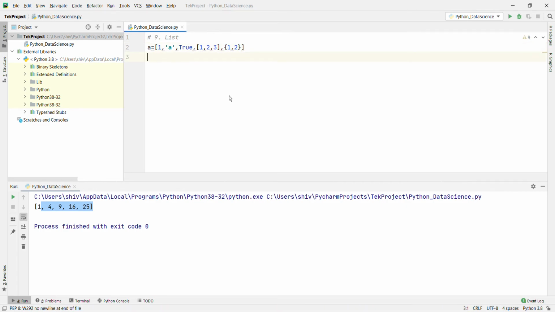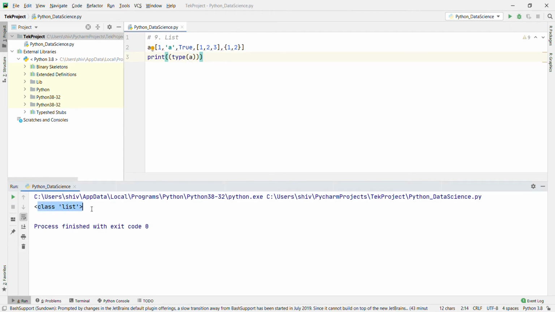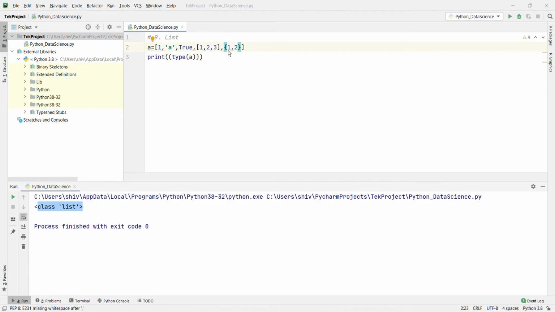Okay, it's a different type. Now let's print the type of a, the class of list. That includes integers, characters, booleans, lists, tuples. You can include anything in the list.